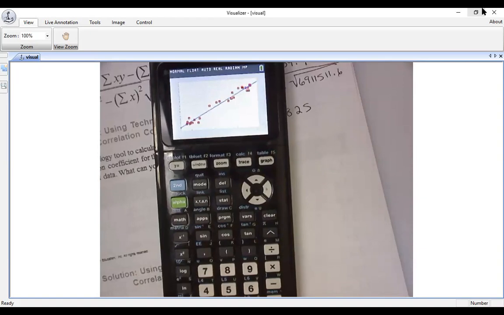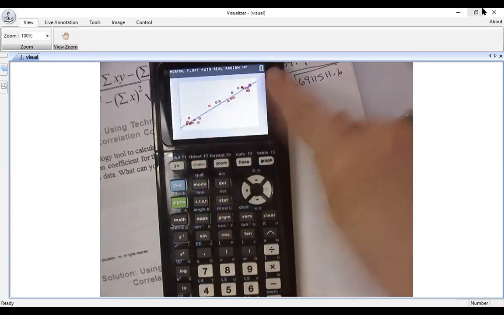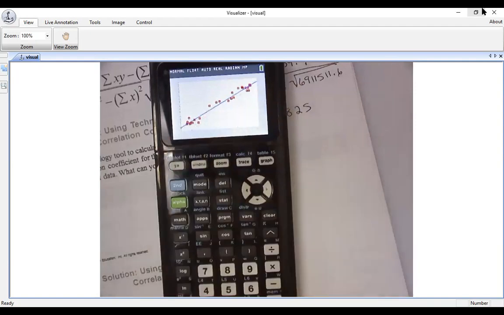Because basically what we're doing on this line of best fit is we're trying to minimize the difference between each of these points in the scatter plot and the line. And that's how we determine where the line belongs and what it is. And so you can do it by hand, but the calculator does all of it for you pretty nicely. So that's everything in 9.1. I will tell you, you can probably get your homework done in 9.2